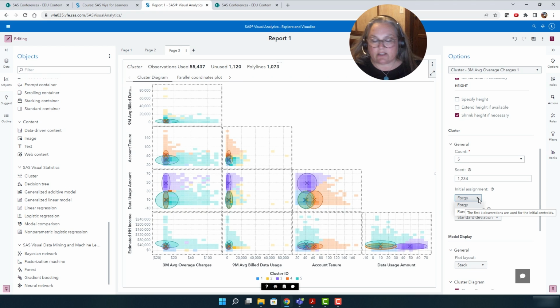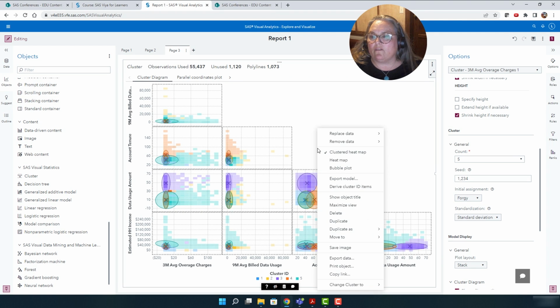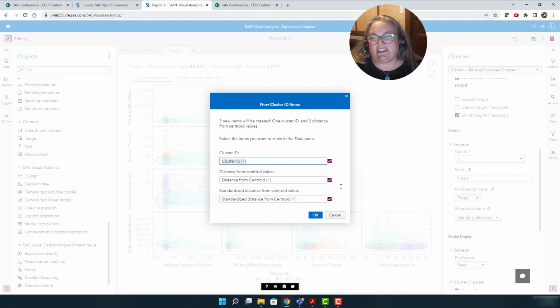We could change that to random. I really want to write these clusters out. That is what I would like to do. So I'm going to go ahead and derive cluster ID items. And I'll just leave it cluster ID. I'm going to remove that one, and we'll select OK.